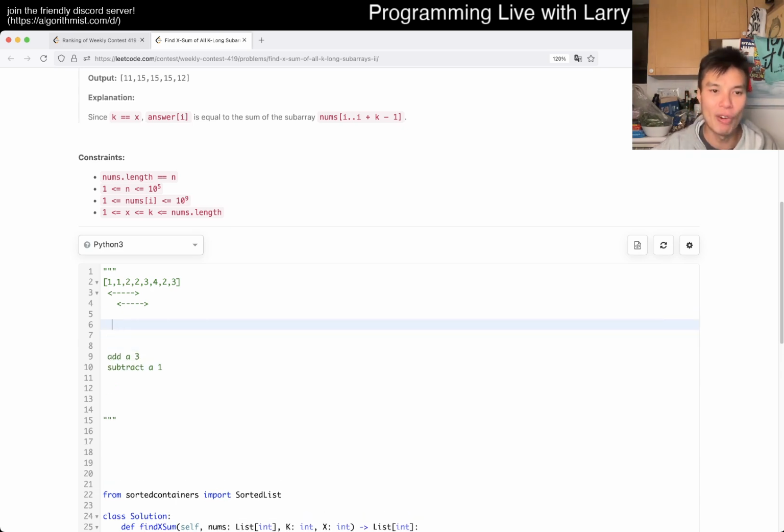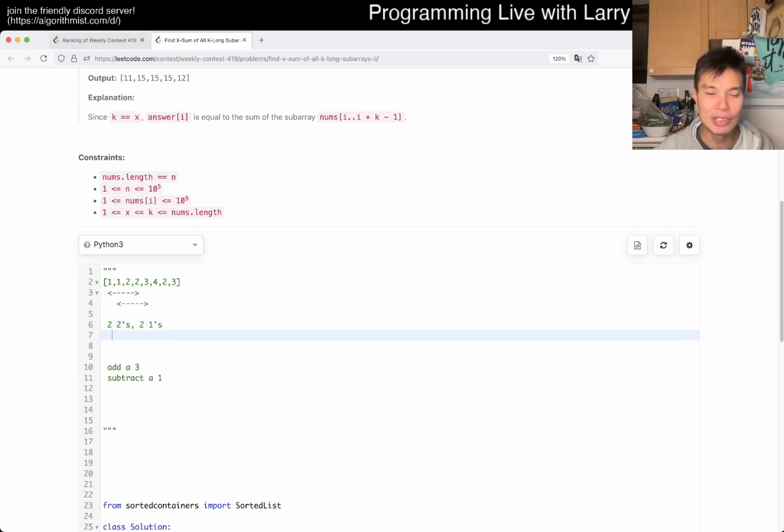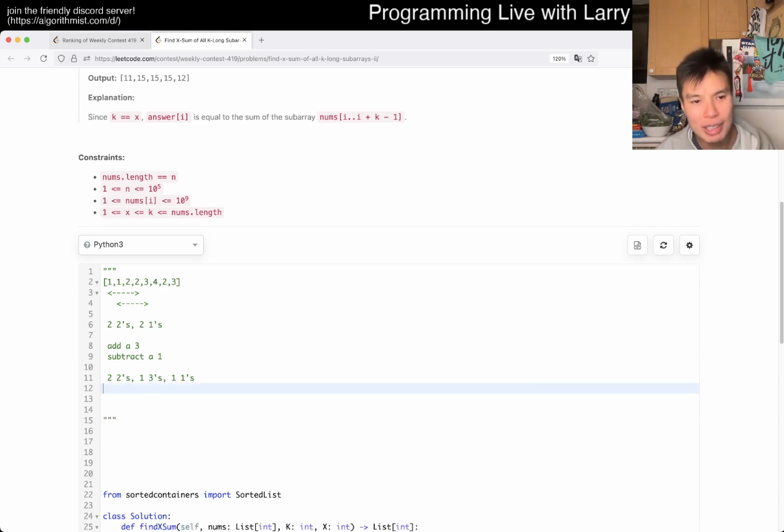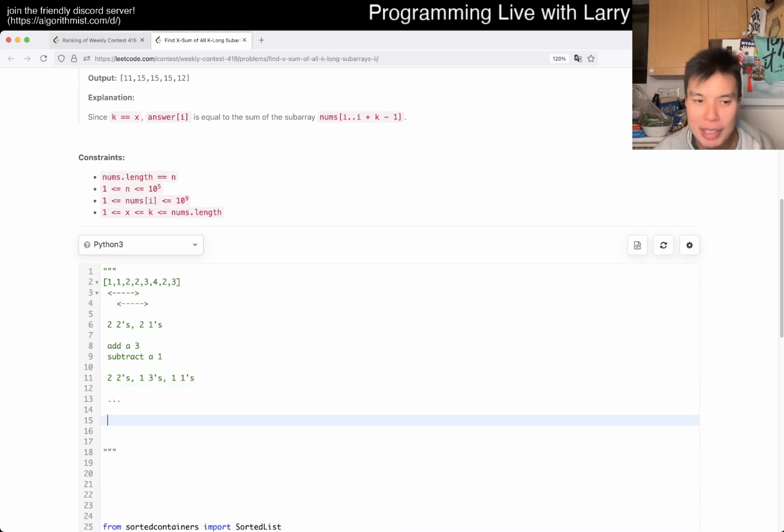Well, the answer before is that we have 2 2s, we have 2 1s, and maybe that contributes to the answer. And then now, after sorting, we still have 2 2s, 1 3, and 1 1, because one of the ones got out. And then you do it manually a few times, maybe even in your head if you find it easy. And then you get this idea that, okay, my first idea actually during the contest was that,